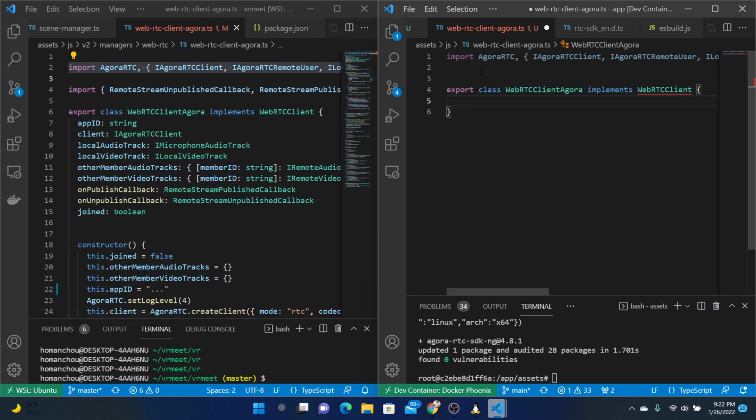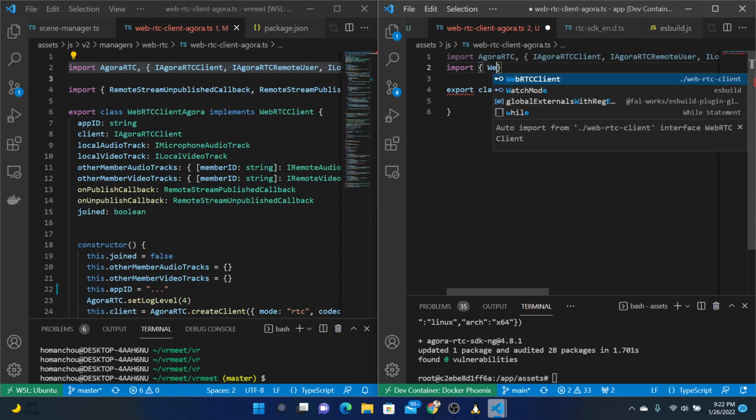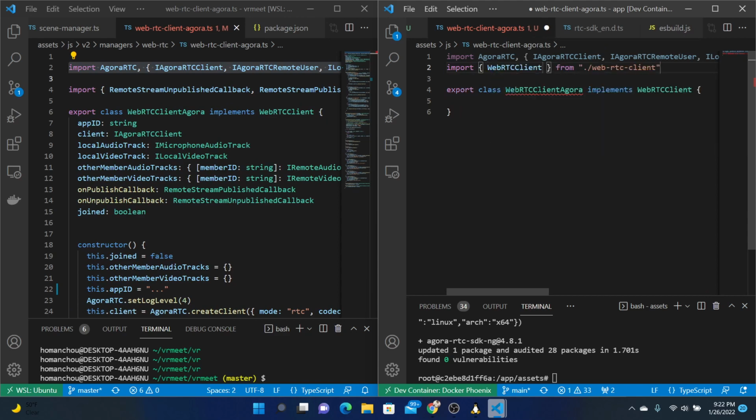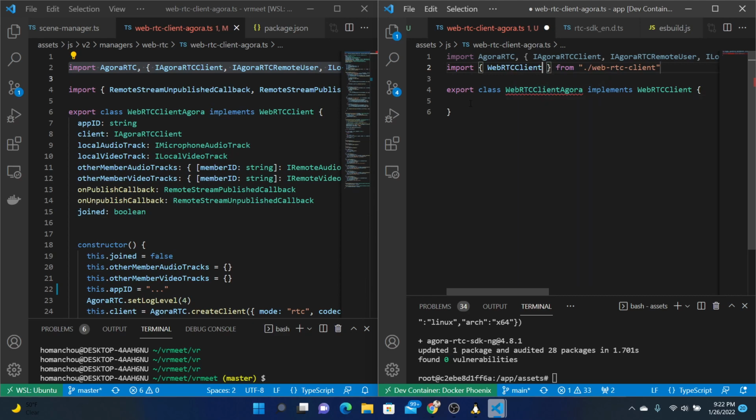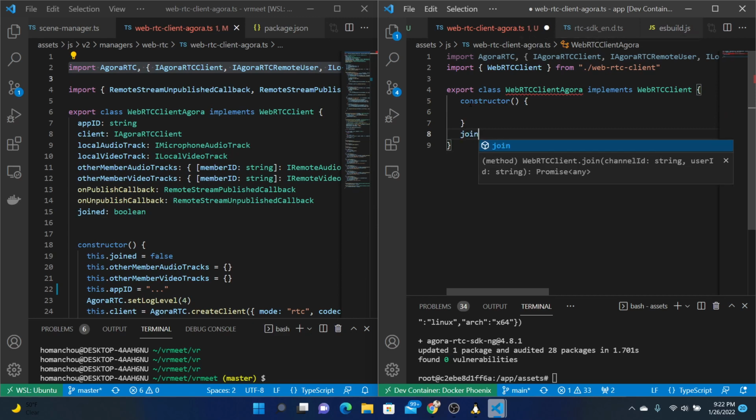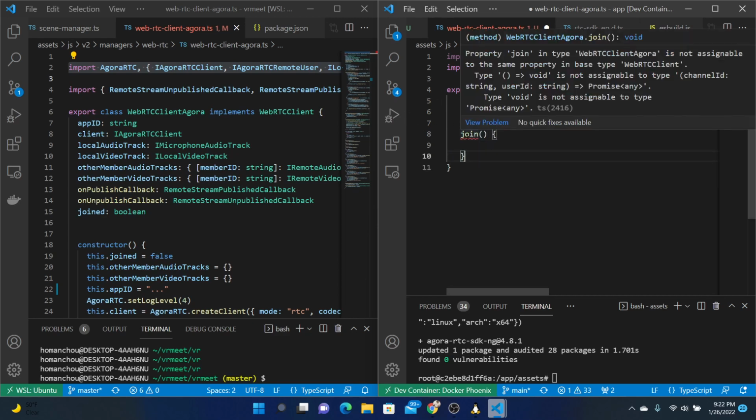So we should import WebRTC Client from there. Okay. And here we miss, yeah, join, leave, and all that kind of stuff. So we need a constructor. We need join. And what's the problem here? We need to